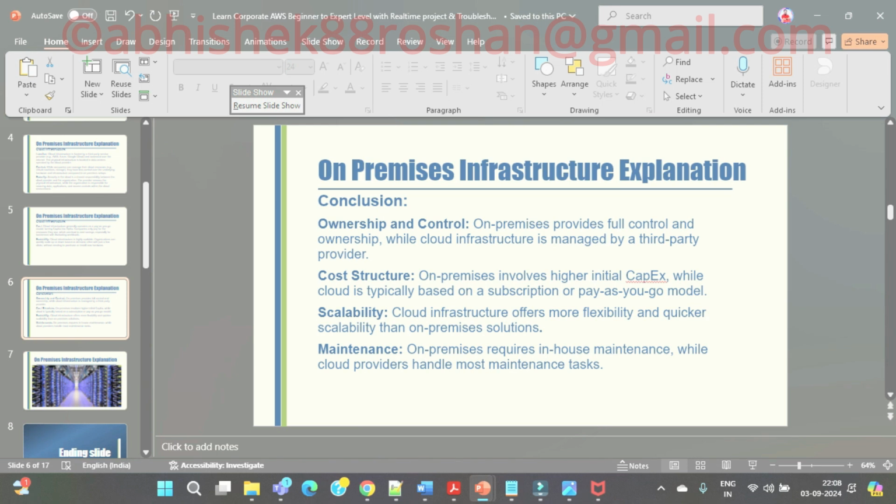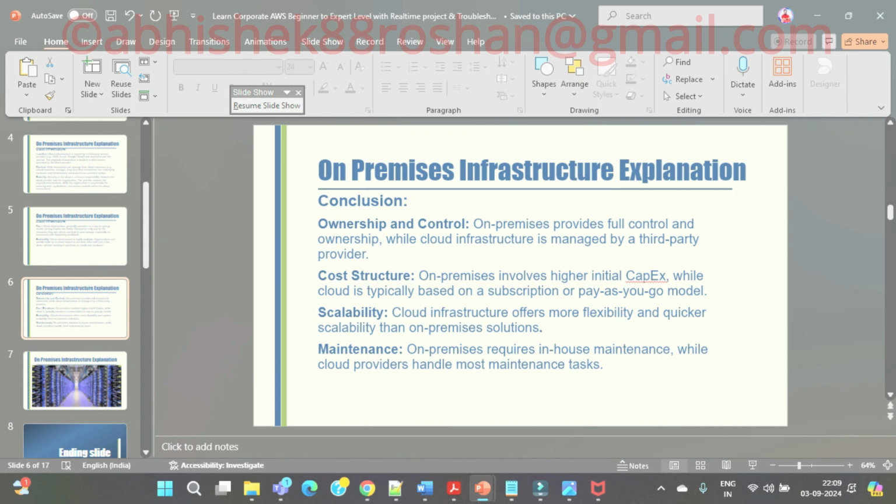Like with Netflix, we take a subscription. In the same way, the cloud model is like that. If you don't need to watch Netflix, you can go for Amazon Prime and pay as you go. It's scalable: cloud infrastructure lets you scale up your VMs and scale down your VMs as per the demand.